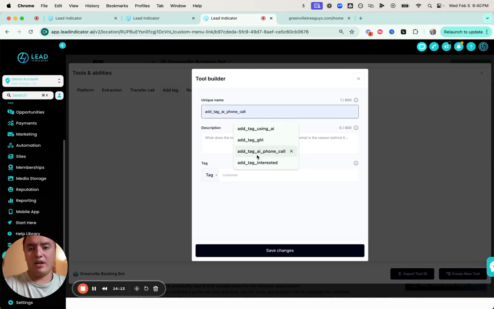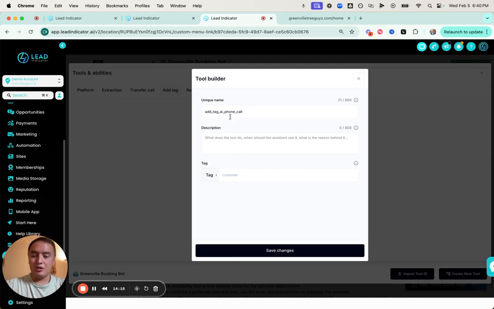Add tag AI phone call, right? And the name actually sort of matters because you're sort of telling the AI what you want it to do. So you want it to be all lowercase with underscores. It's a function that you're going to call. So I'm going to say add tag AI phone call, and I'm going to say